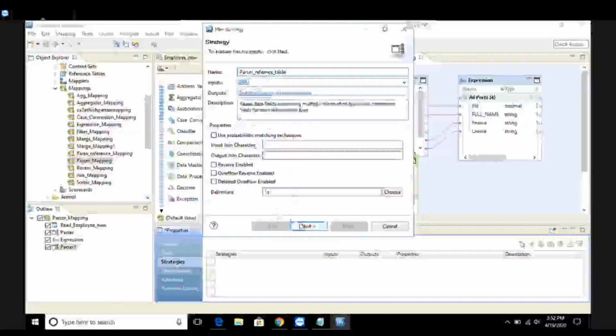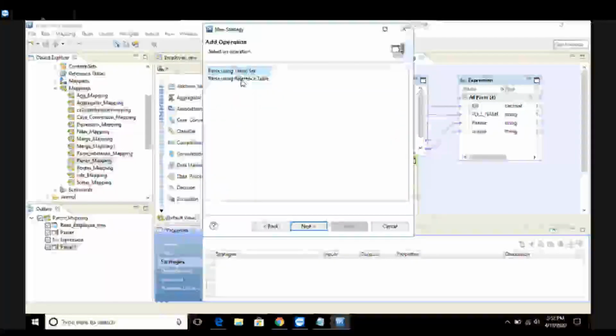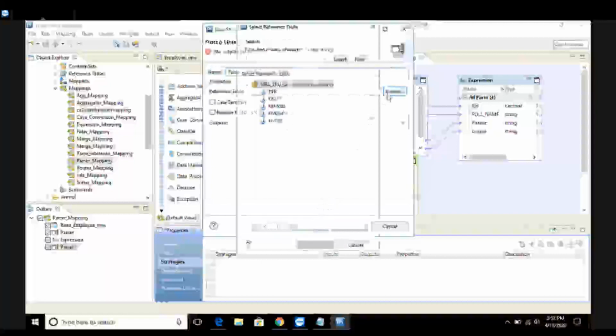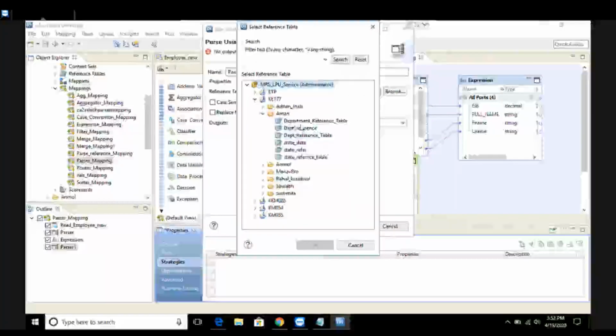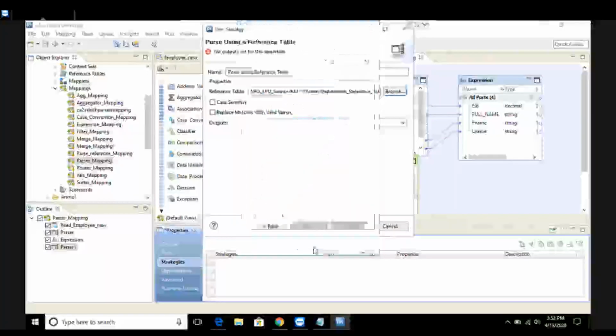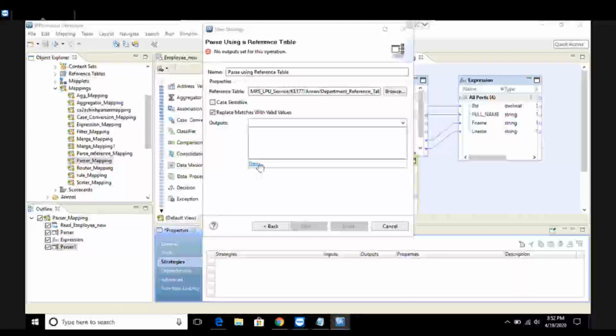Next, choose the option parse using reference table, click on next, choose the reference table which you want to apply. So this department underscore reference table, click on OK. Now click on the option replace matches with the valid value, create an output port.